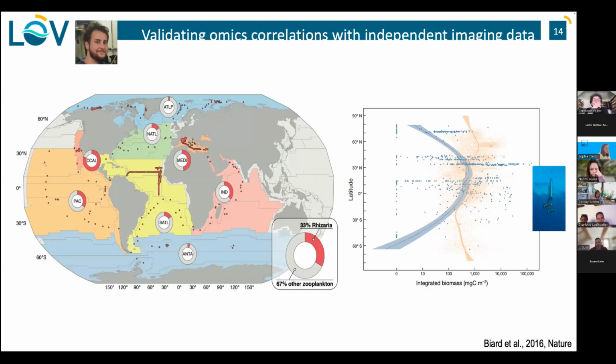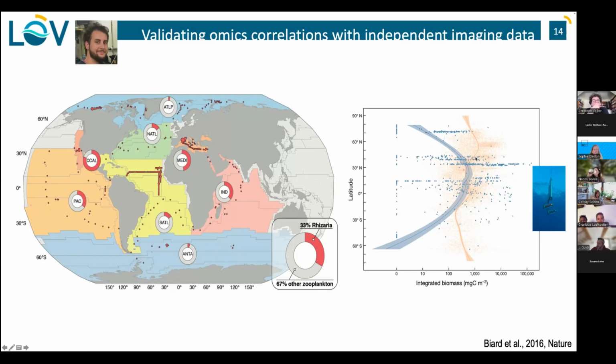And so we dove into the imaging data and tried to estimate the total abundance of collodarian, but in general, rhizarians, because they're not disturbed by in situ imaging instruments compared to whatever you can do with nets. And we were trying to understand what was the pattern of their distribution, just the total abundance of that species. And what we found, going back to more than 3,000 profiles that we had with the same instrument, is that